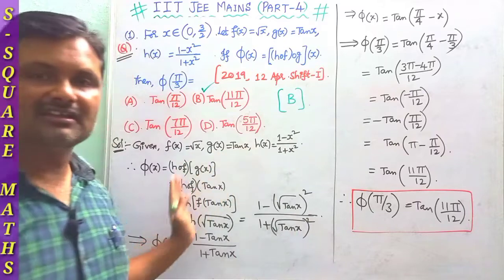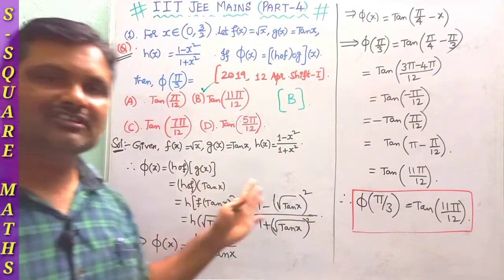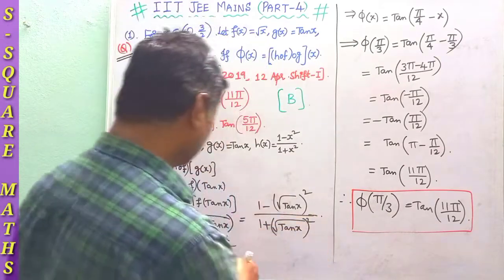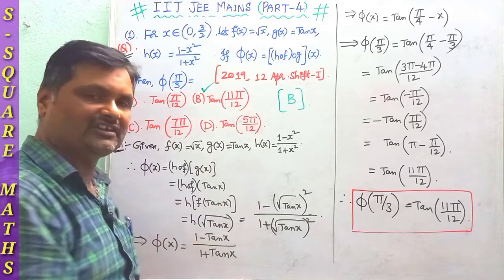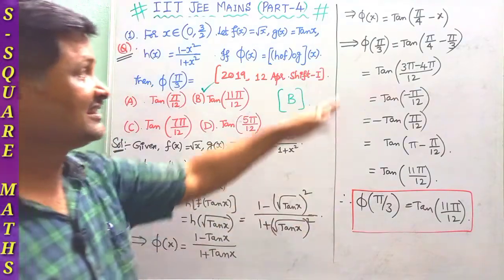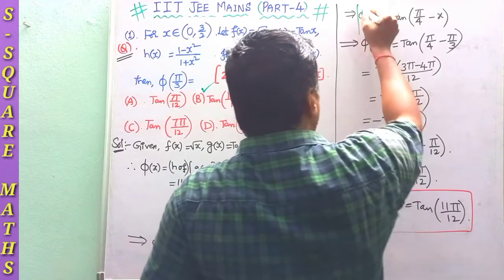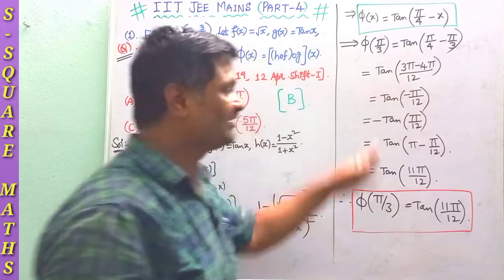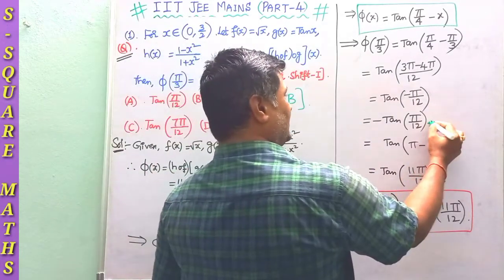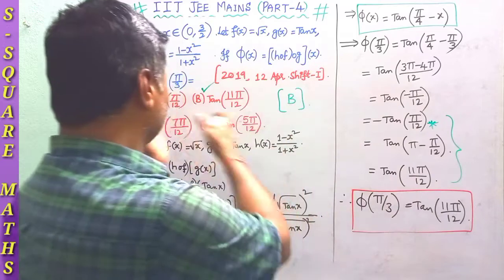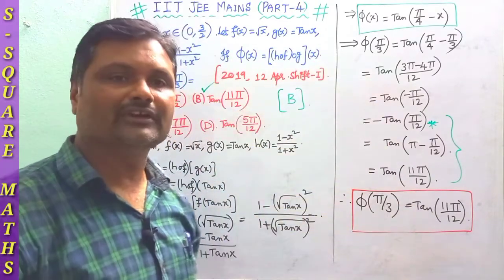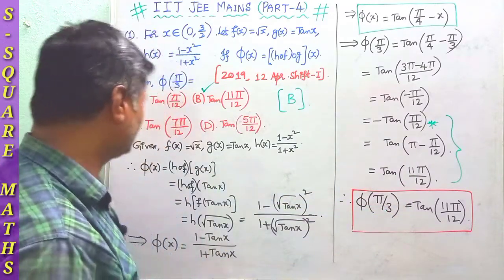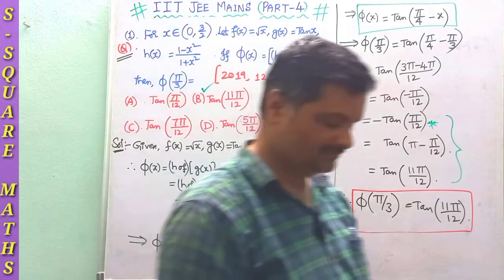You should know the basics of progressions, composite functions, and trigonometry. Here also you can substitute pi by 3 and simplify, no problem, you will get the answer. But this is a better way, and this is a formula connected to our trigonometry. Go on with the steps, and to get the options after doing this, check the options. If you are not getting it, consider it in this way to get the appropriate option. So once you have the total look of this problem.